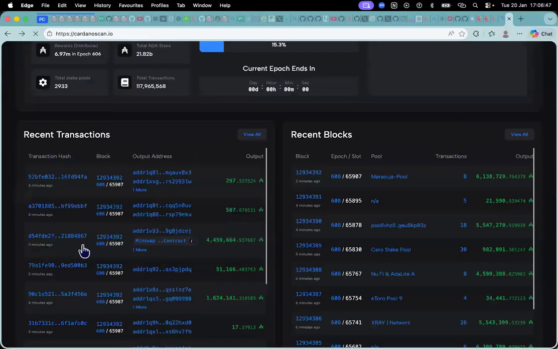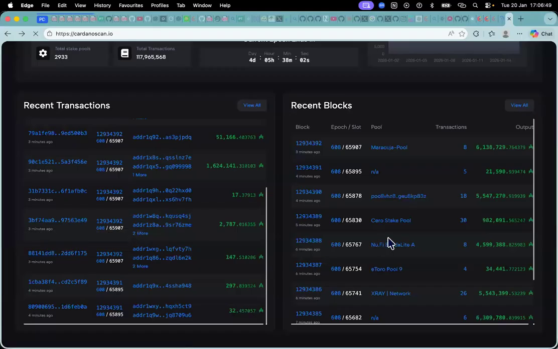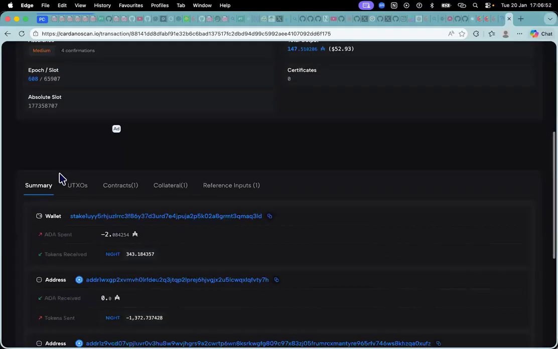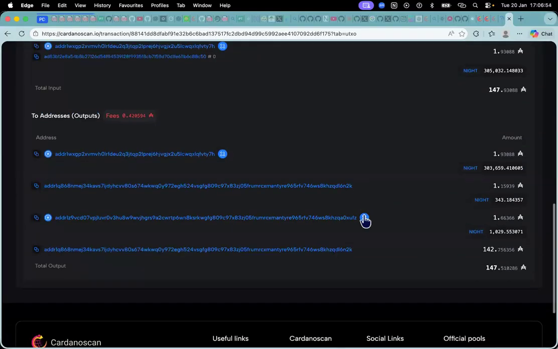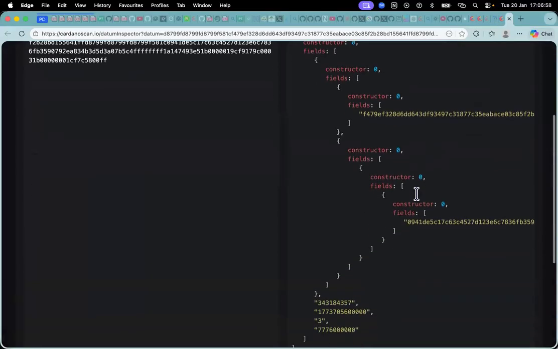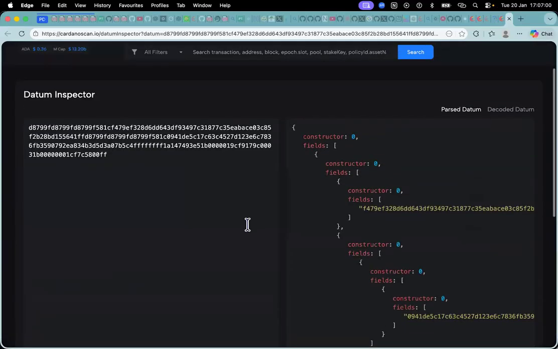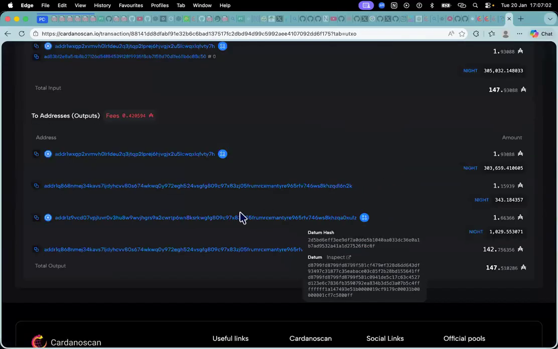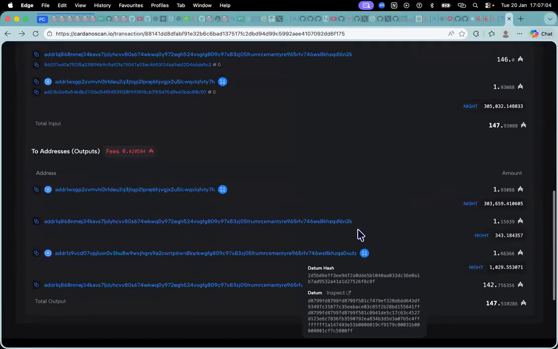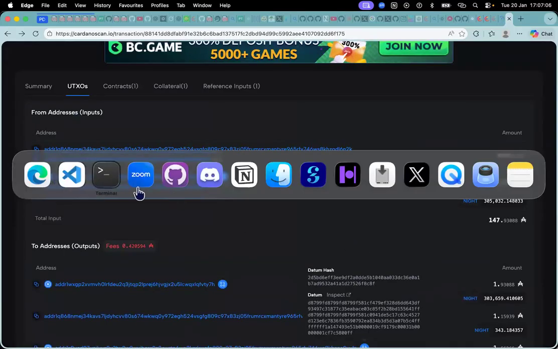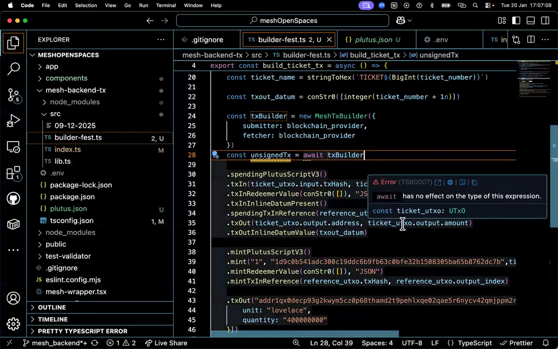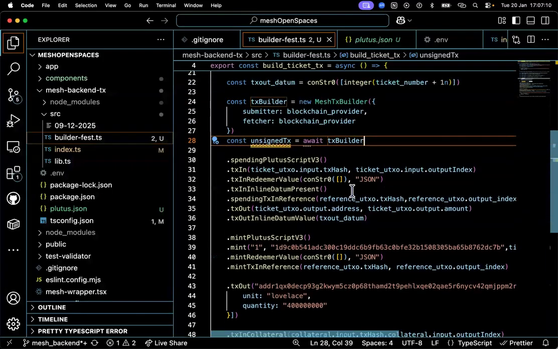I can still check any random transaction having a datum. Constructor. So what are you guys thinking?